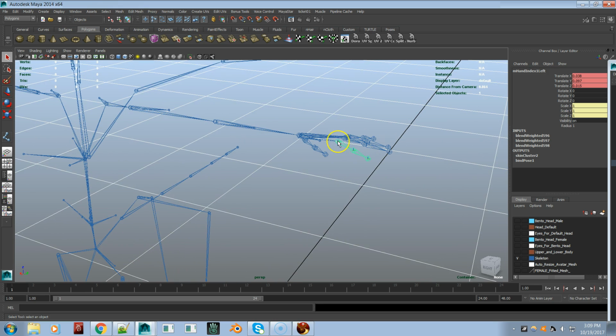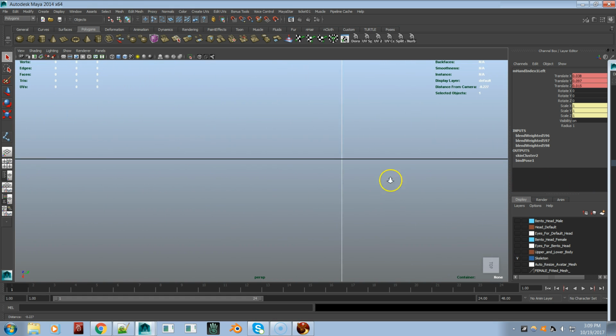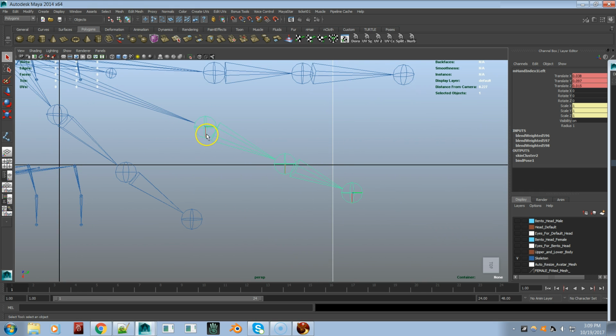You'll notice that if you look at the fingers, if we go to the top view, if you barely see it, these joints are straight left and right, straight forward and back, and straight up and down. That is how the skeleton in Second Life is set up. I didn't make it that way. That's the way Linden Lab, for some reason, when they created Rigged Mesh, decided everything was going to be pointed straight forward and back, left and right, and up and down, regardless of where the